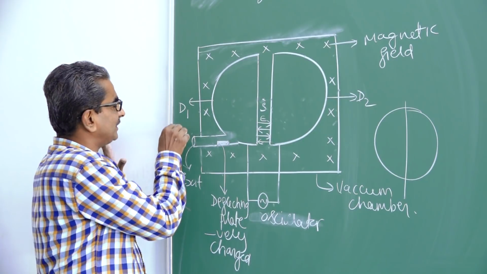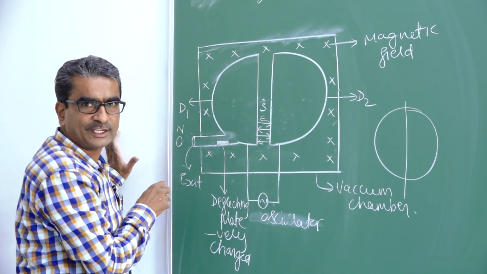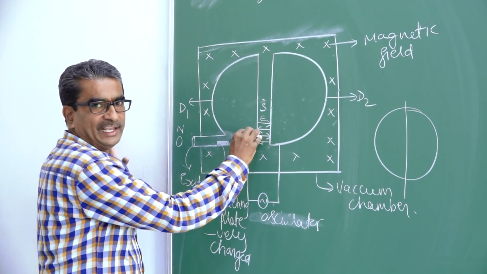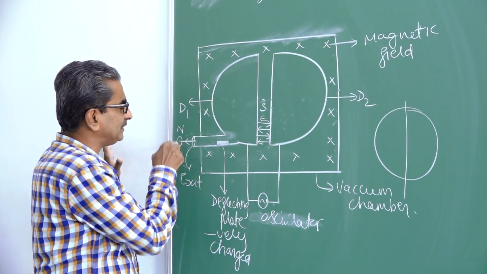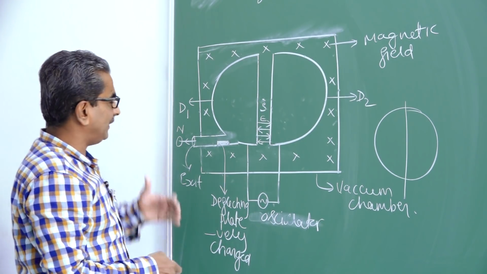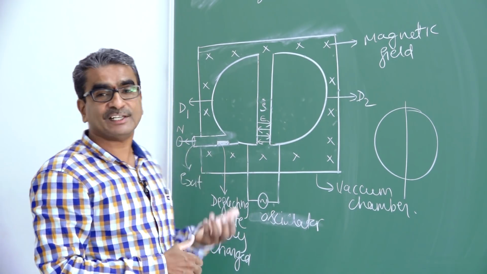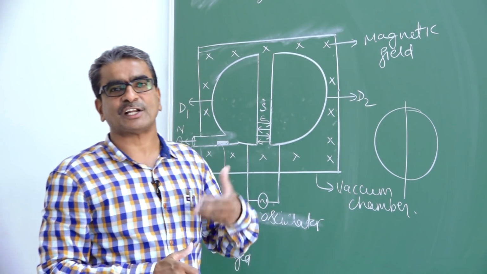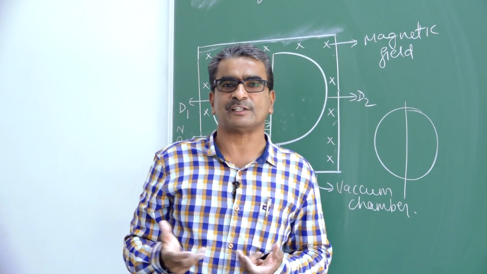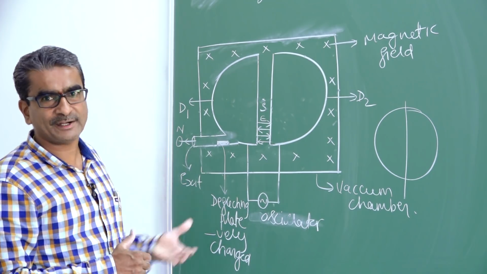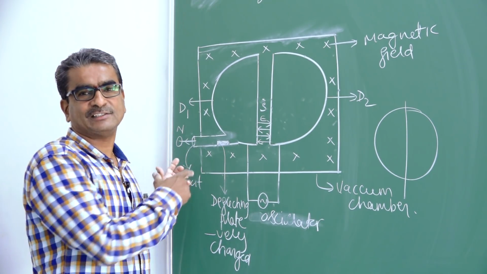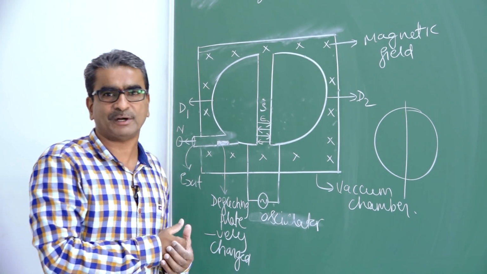That means, say for example, if there is a nucleus, then the high energetic particle which comes out through this exit is made to hit this nucleus. This is how nuclear studies with respect to the structure of the nucleus, and also with respect to different isotopes and radioisotopes, are made by making use of accelerated particles or high energy particles.